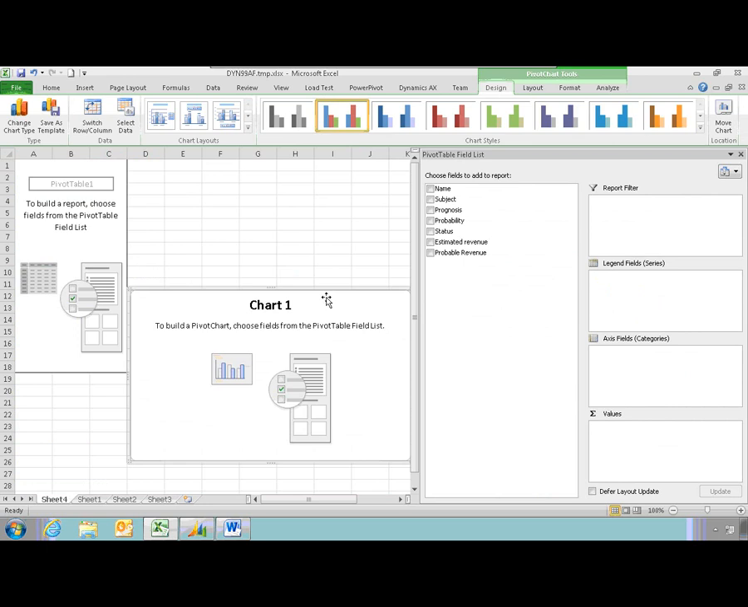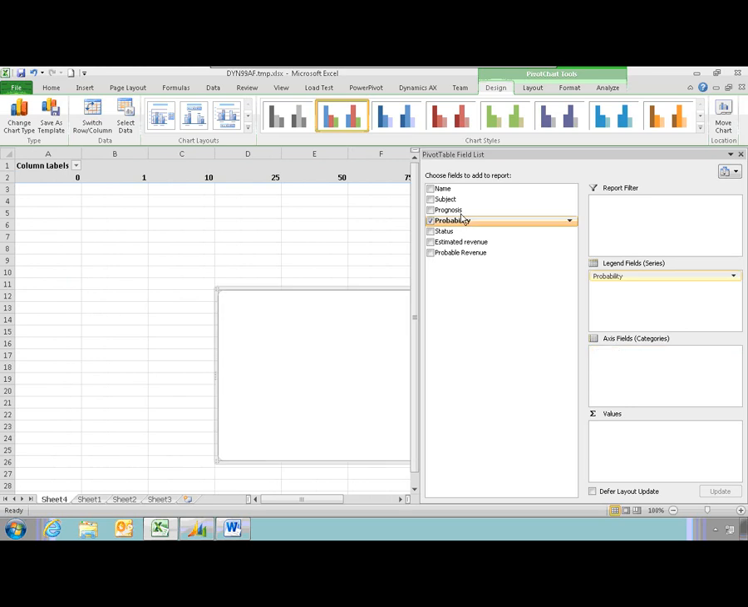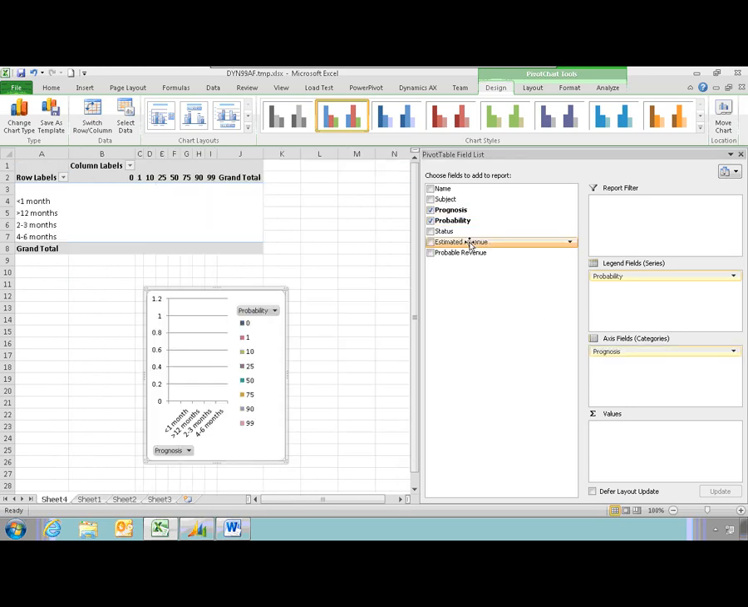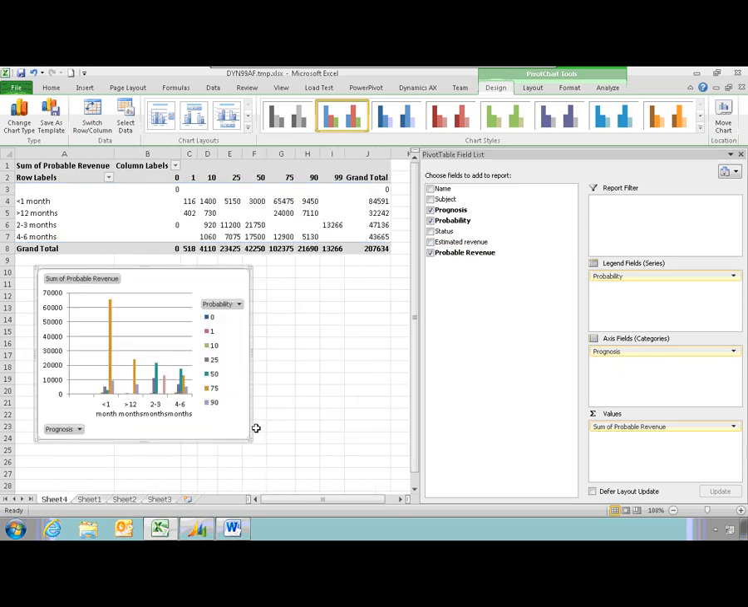And then I can create a pivot table looking at the prognosis of the job and the probability, the prognosis, and my probable revenue. And that gives me a nice neat little chart